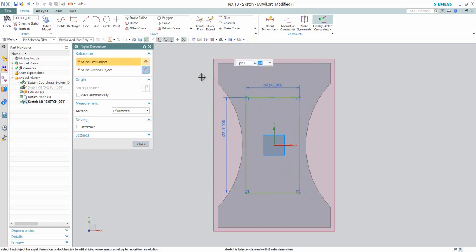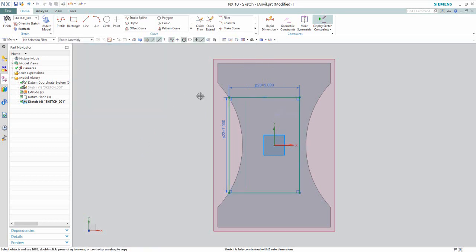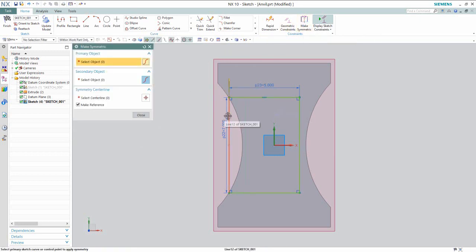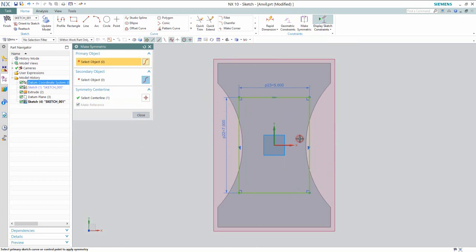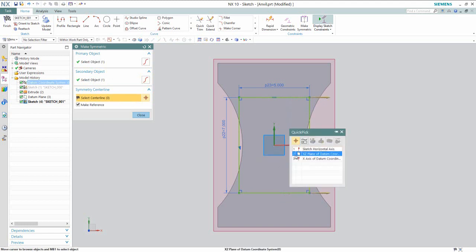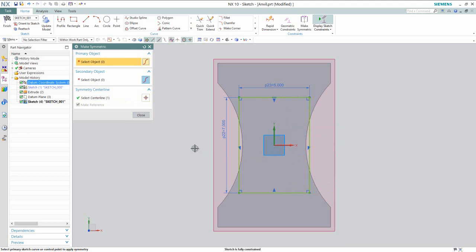Use the make symmetric command between these two lines and the center line, so that my rectangle is placed on the center of the part origin. Now see the result.